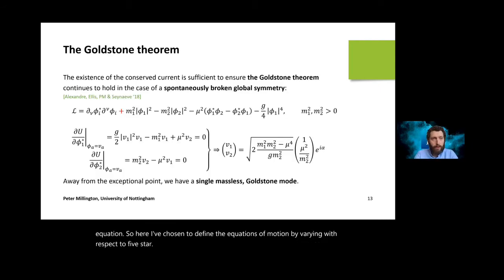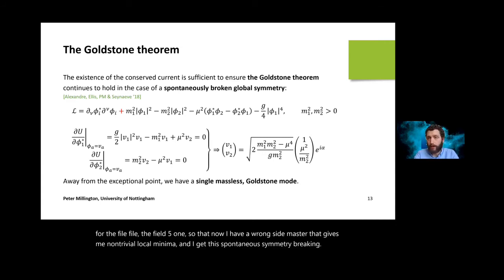So now going further, what if we start spontaneously breaking these kind of global symmetries? So what happens to the Goldstone theorem? Well, if we dig back to the original derivations of the Goldstone theorem, then we know that actually having a conserved current is sufficient to ensure that the Goldstone theorem holds. And so what we can do, just to show how this works, is take the Lagrangian that I played with before. I had some quartic self-coupling, so this phi1 to the 4th power for one of the fields, and I changed the sign of the mass term for the field phi1, so that now I have a wrong sign mass term that gives me non-trivial local minima, and I get this spontaneous symmetry breaking.